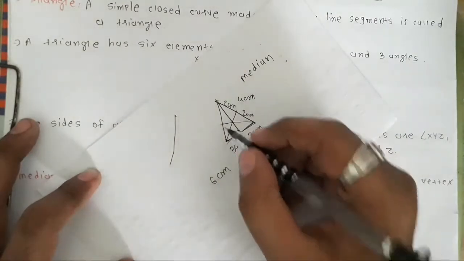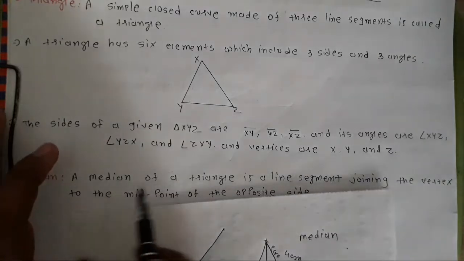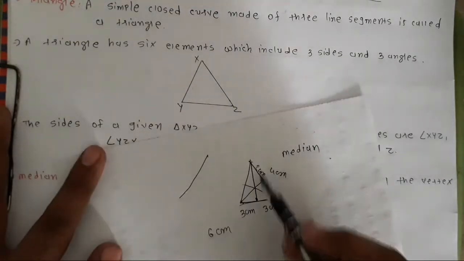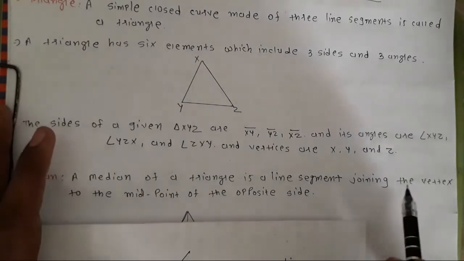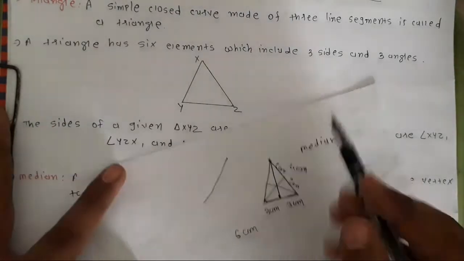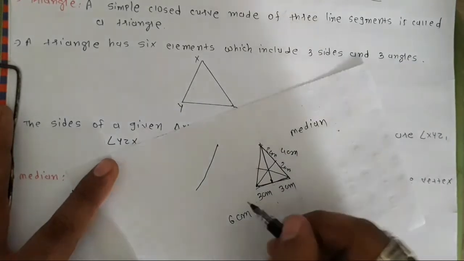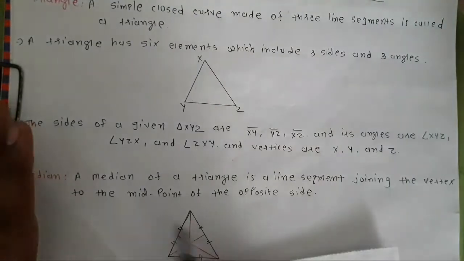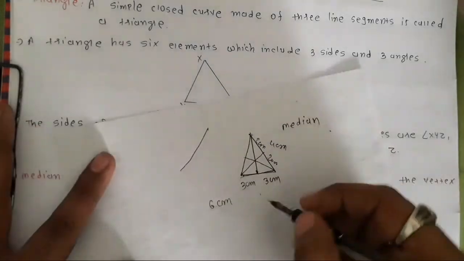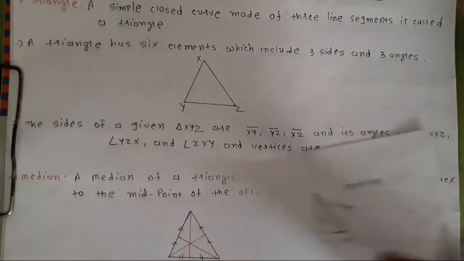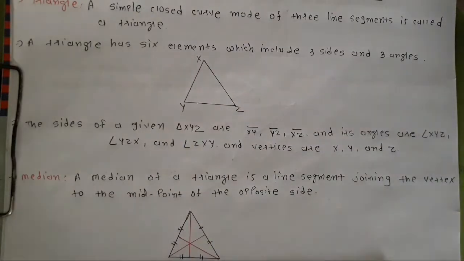Similarly here. So median means, as we did here, a median of a triangle is a line segment joining the vertex to the midpoint. So this vertex is here and we extended that vertex to the midpoint of its opposite side, or opposite line segment. So this thing is called a median. Now moving to the next one,